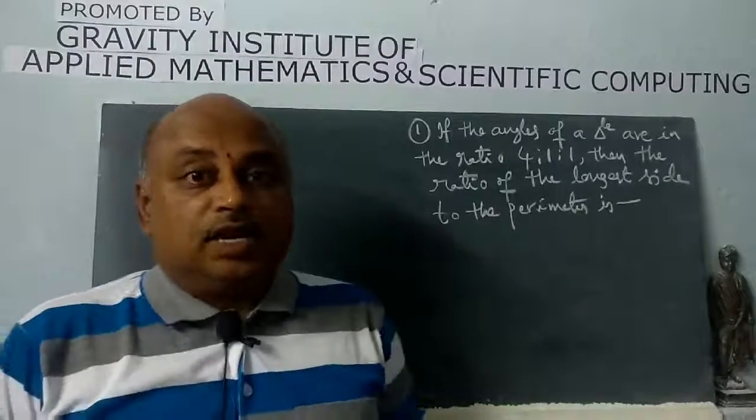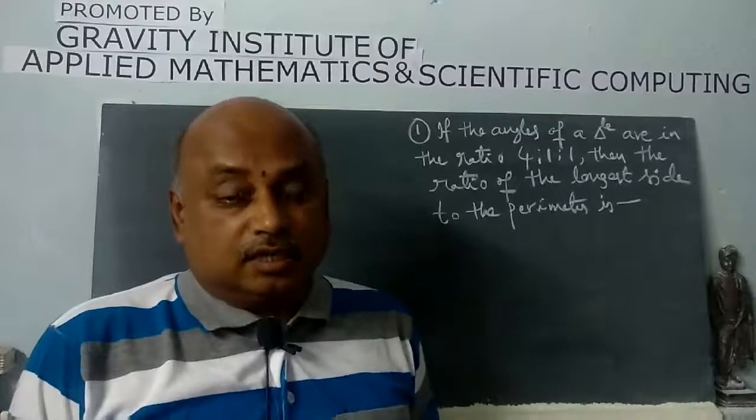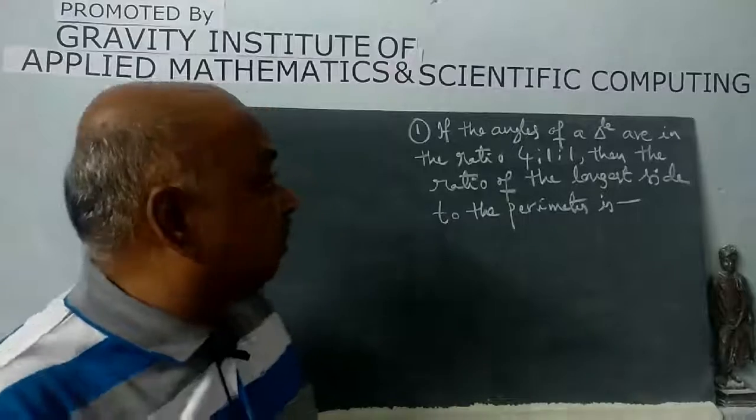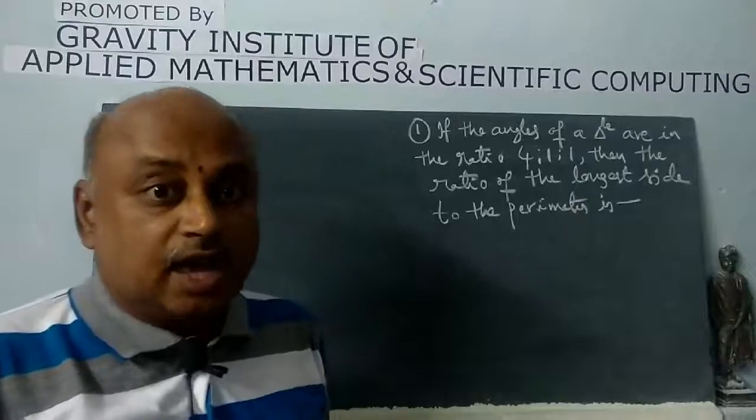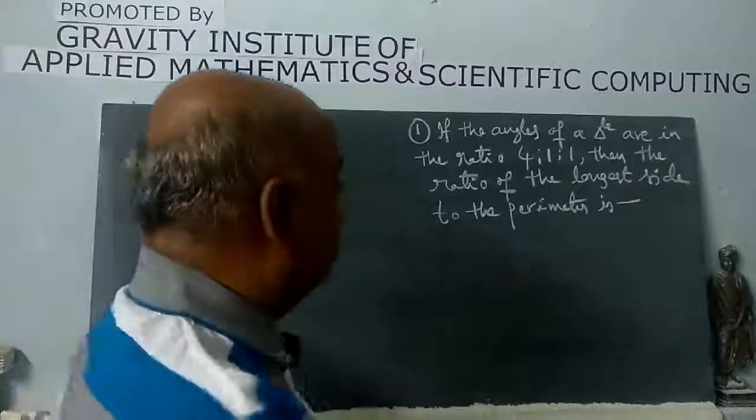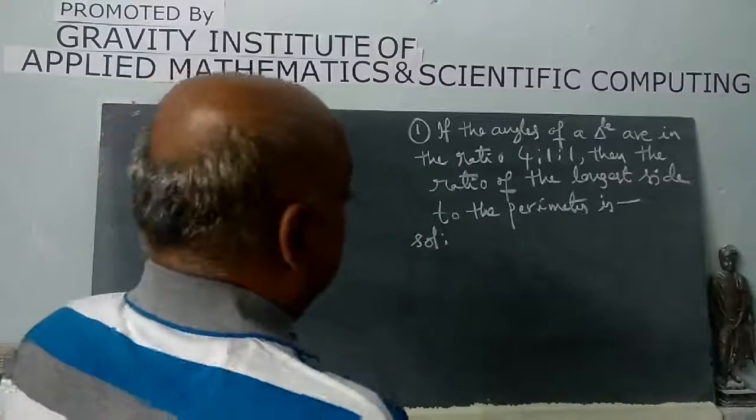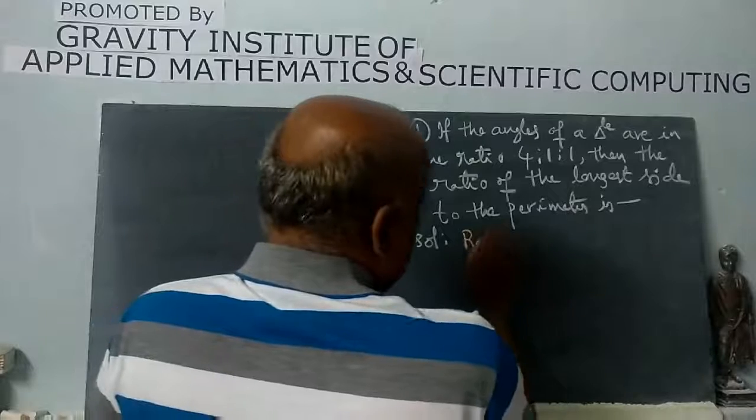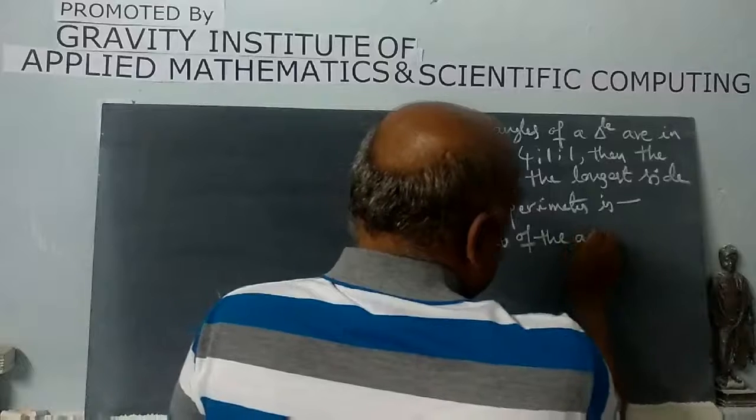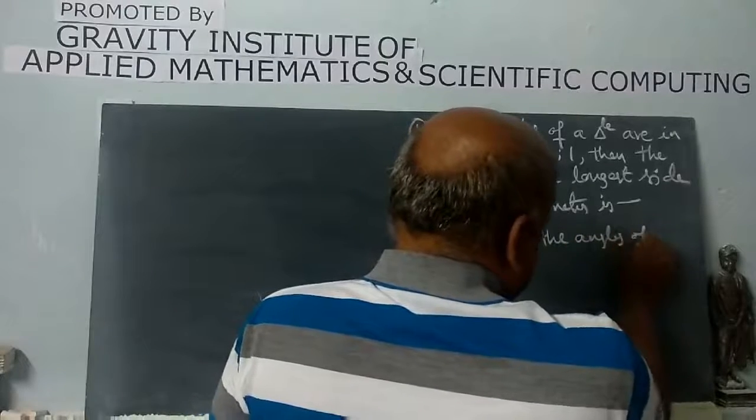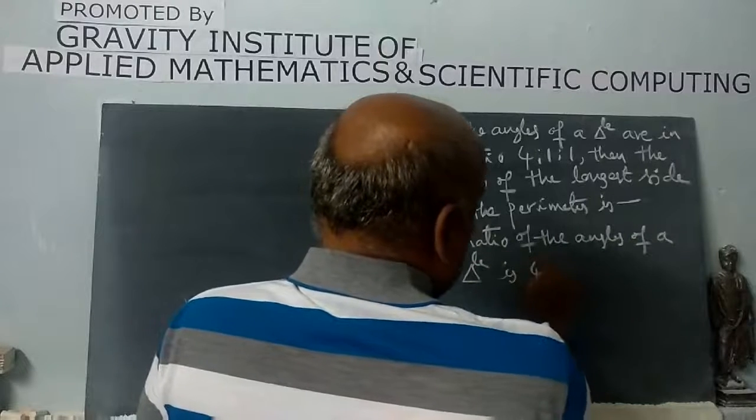See, what is given in the problem is most important, and what is to be found is the conclusion. Here what is given, the ratio of the angles of a triangle is given. So here is the solution. Ratio of the angles of a triangle is